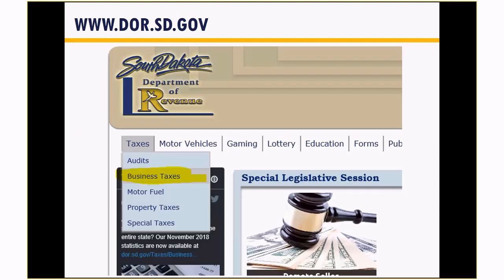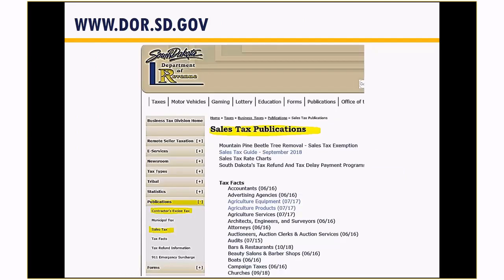Well, if you take your internet browser out to www.dor.sd.gov, on the left side, hover over the little tab for taxes, and then click on business taxes that's highlighted there when it pops up. On the next page, you will see on the left side, there's publications. You can open that up. There's one for contractor's excise tax and for sales tax.